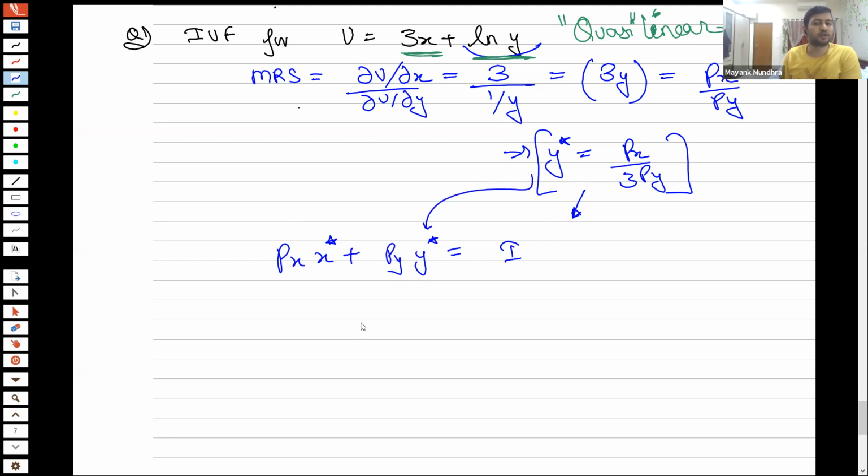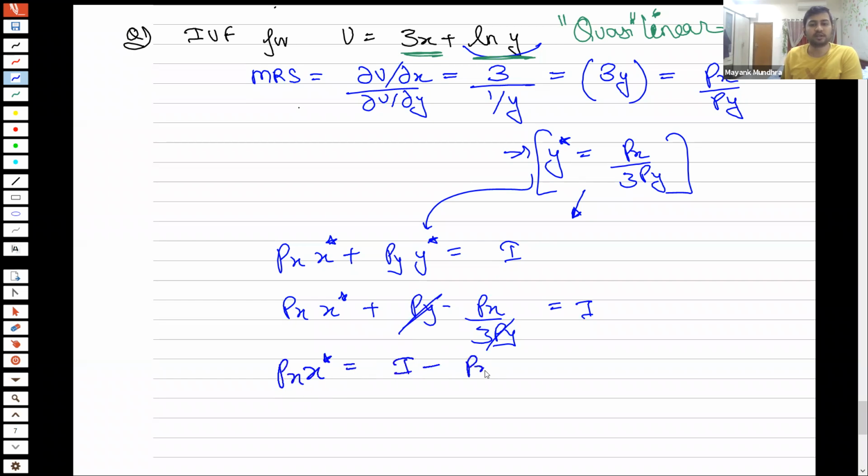You put this value of y star here. So what you get is Px x star plus Py into Px by 3Py equals I. So cancel the Py values. What you get is Px by 3. So Px x star equals I minus Px by 3, which implies x star equals